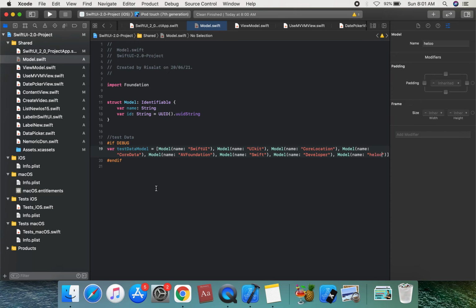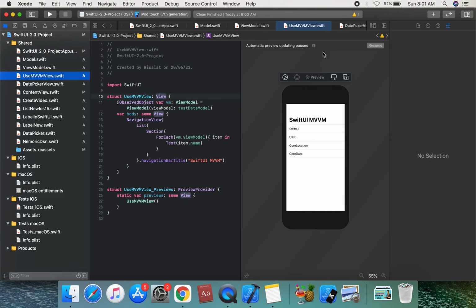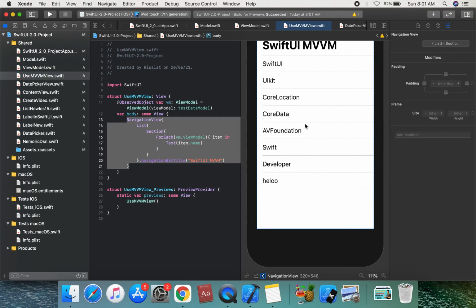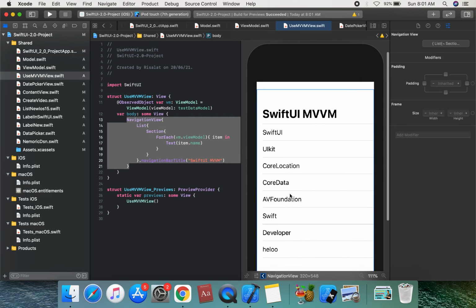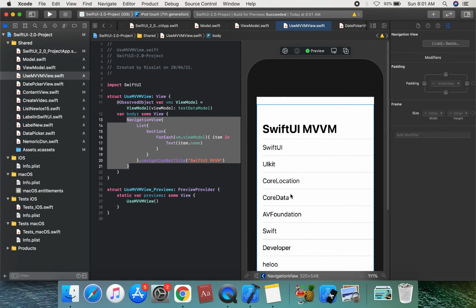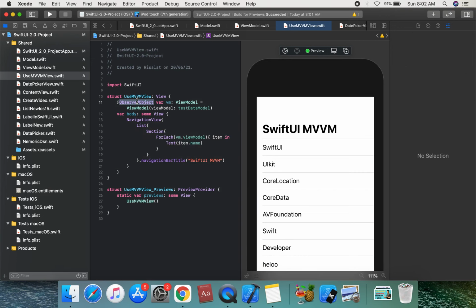Suppose hello. We can add this command, automatically resume the app, and we can change the UI, change the model, and the UI refreshes. SwiftUI, Core Location, Core Data, AV Foundation, shared developer. We can add on this SwiftUI MEM. So this is providing the subscription mechanism binding for refreshing the UI whenever the state changes. This is the observable object, which publishes the state change. And the way a SwiftUI view works, the state very much resembles classic MVVM. Okay, we can use the MEM design pattern by using SwiftUI.